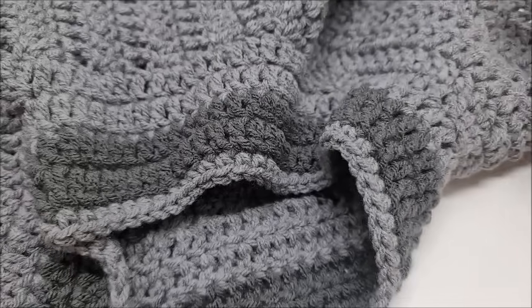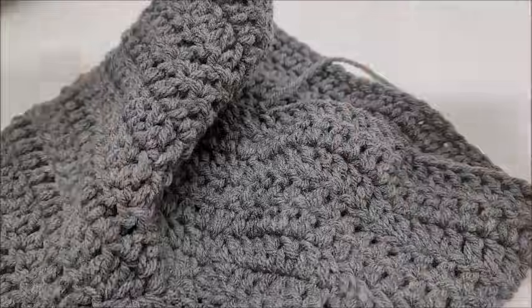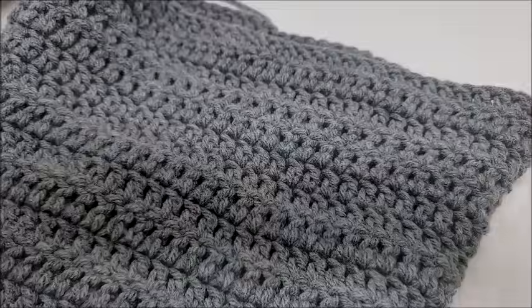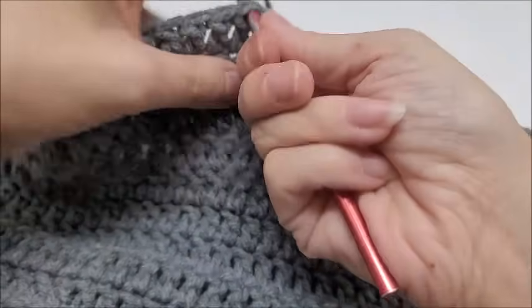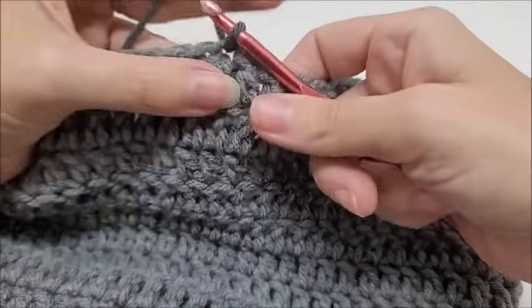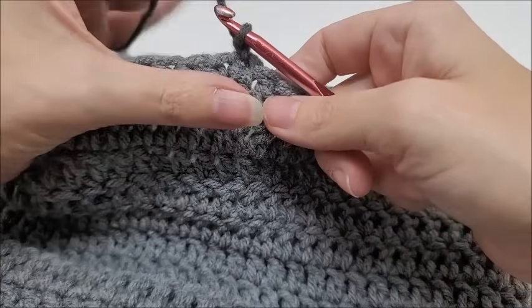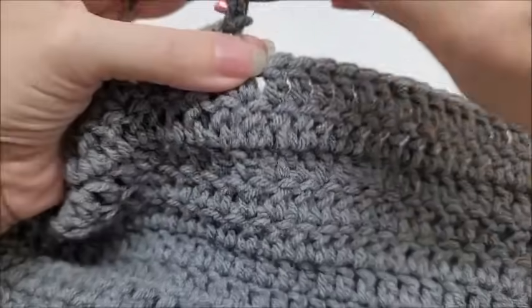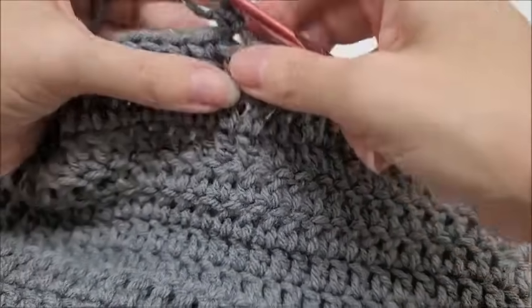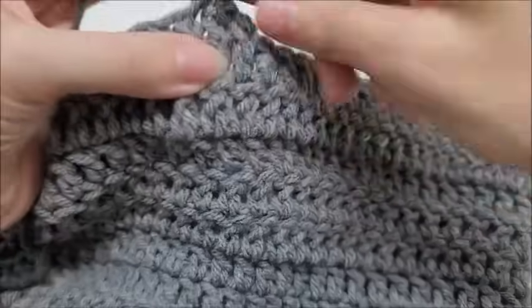Alright, now what I'm going to do is take my dark color and go around the bottom of the row of single crochet. You can start anywhere you want. Probably start in the back somewhere. And I'm just going to do one row of single crochet around the bottom. So I chain one, go back into that same stitch and single crochet. And then I'm going to work one single crochet in every stitch